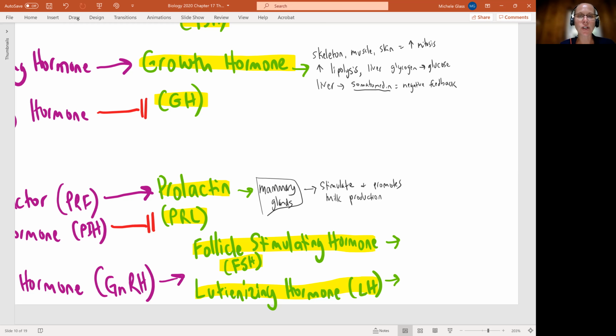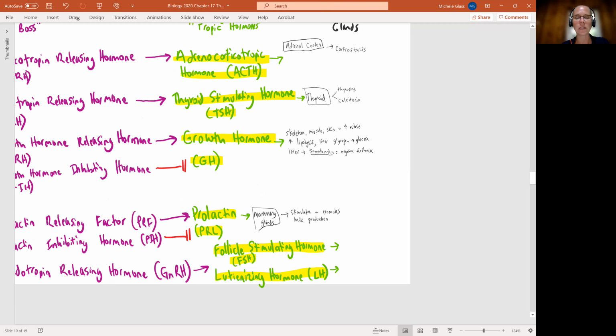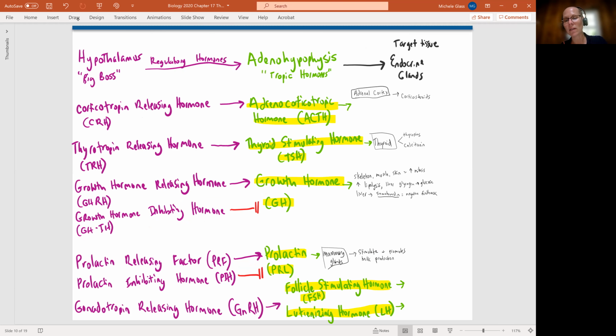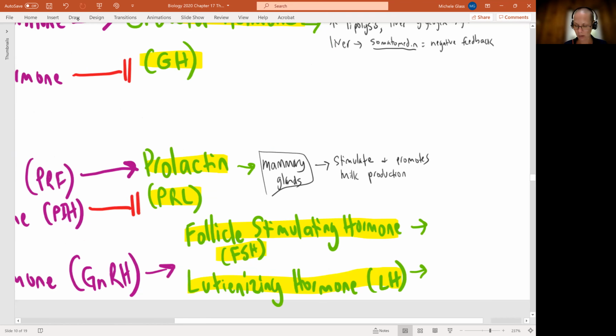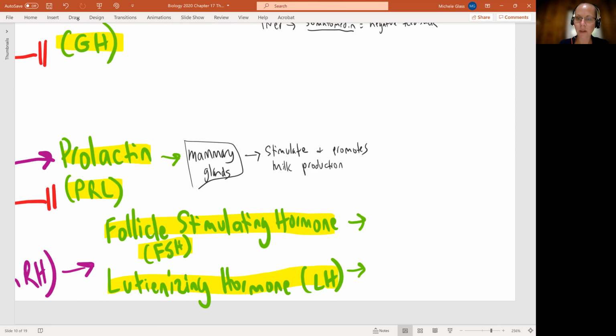we see that that in turn is going to trigger the hypothalamus to make the prolactin inhibiting hormone, shutting down that stimulation. Finishing up our list that we have here, we see follicle stimulating hormone and luteinizing hormone both being released by the pituitary gland in response to the gonadotropin releasing hormone. Now, each one of these hormones is going to be targeting the gonads. And so I'm just going to collectively list that as my target.